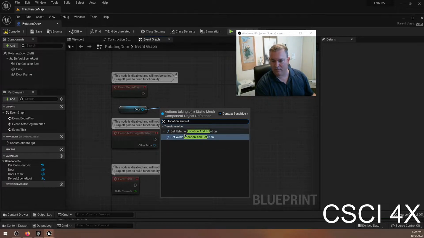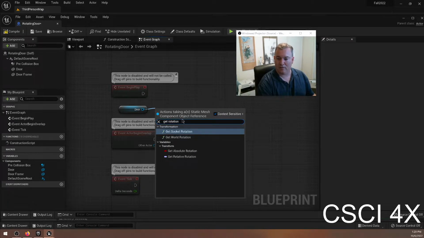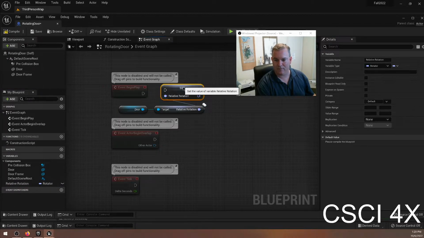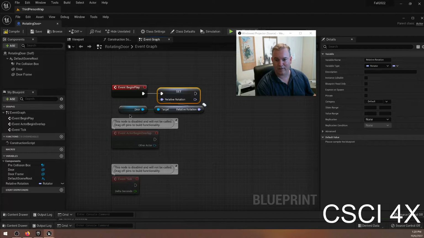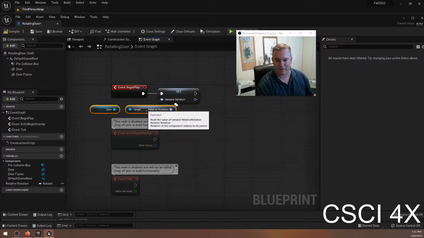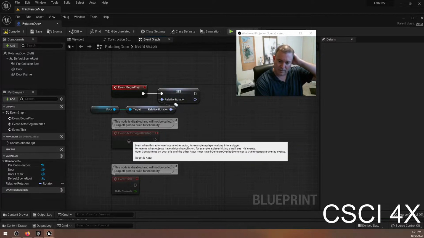So, again, I don't think it's actually going to matter, but I'll get the relative rotation, and I'm going to promote this to a variable. So I'm going to save how far rotated we are at the beginning. And I don't think we're going to be moving it, so I'm not going to save the location unless I decide I need to. Okay, so we're going to start off with whatever the rotation is there,